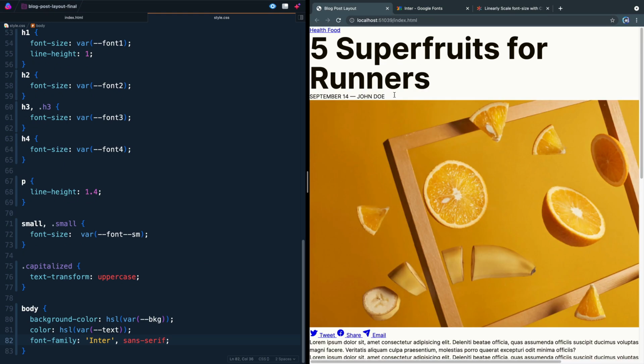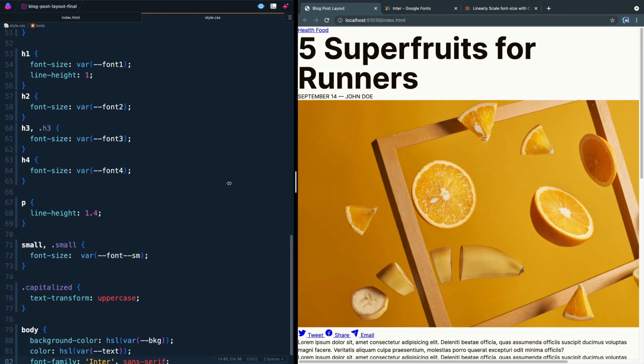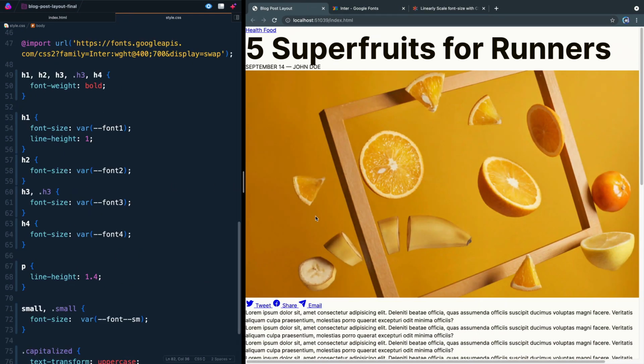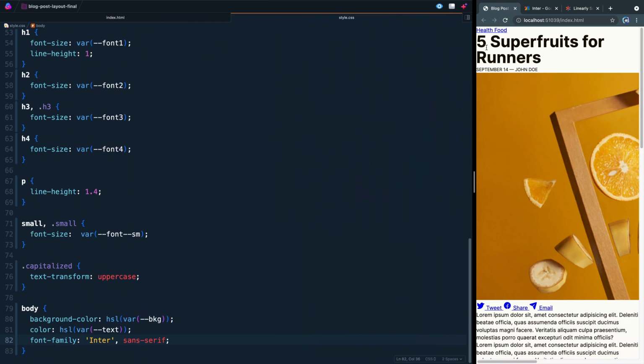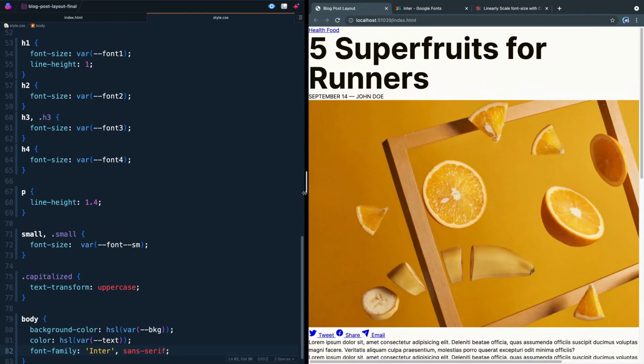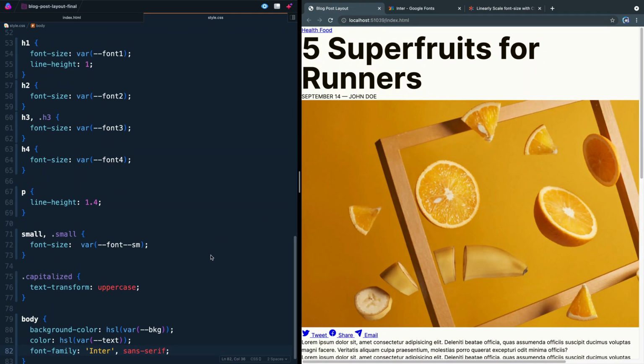So if I jump back over, this should now look correct. You'll notice as I shift this, it'll actually adjust. Now the spacing's not there yet, but the font size will actually adjust as I move, and you'll see it's just linearly kind of going down there as I get a little bit smaller. And that's the power of clamp. So you get these dynamic font size readjustments, and I think that's kind of cool,